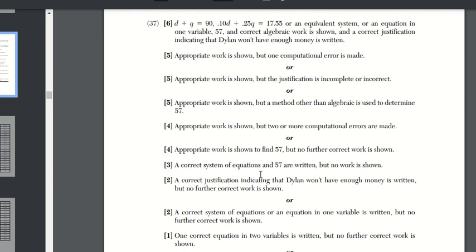So the main reason I'm showing you this is just to demonstrate that even if you don't get full credit on one of these big problems, they really do try to set it up where you do get credit for every part that you